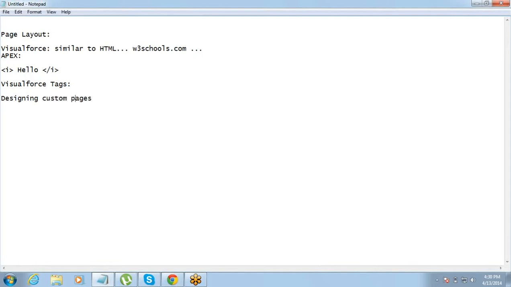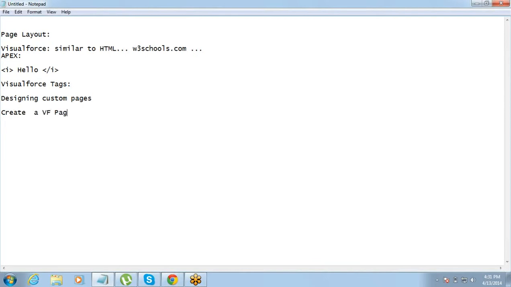Custom pages are used for requirements which cannot be met through our page layout option. Page layout is a declarative method. It has basic options, right? But in case you have requirements which cannot be satisfied with those options, then you will need to get into Visualforce. Let's not go into too much detail; gradually, we'll talk more about Visualforce. First of all, let us learn how to create a Visualforce page.